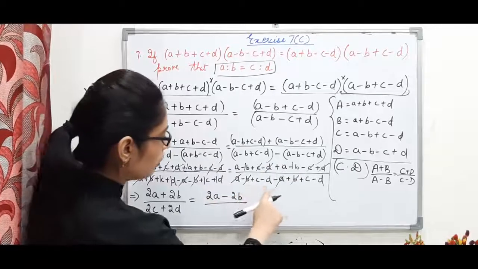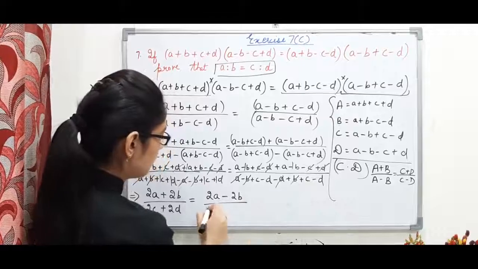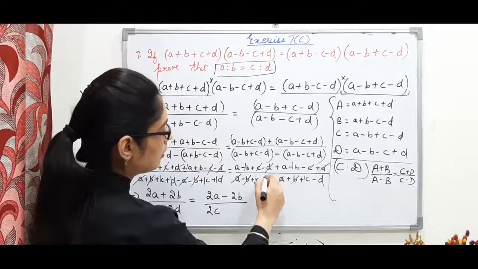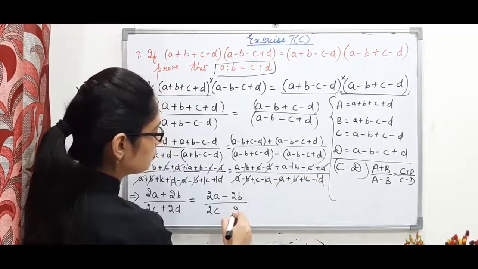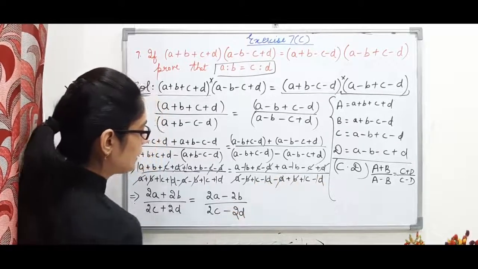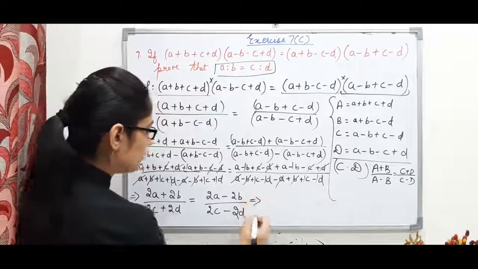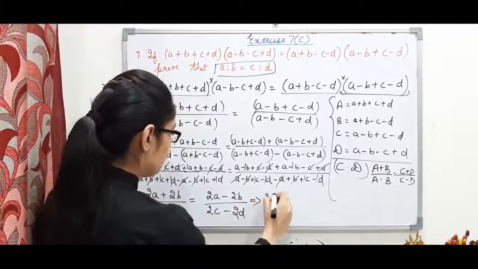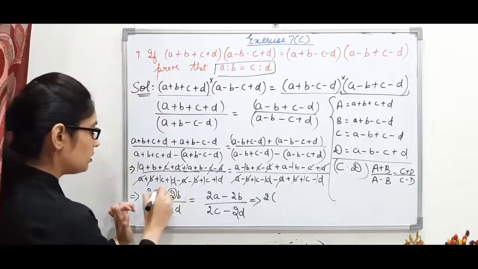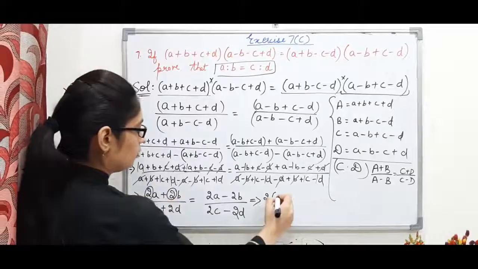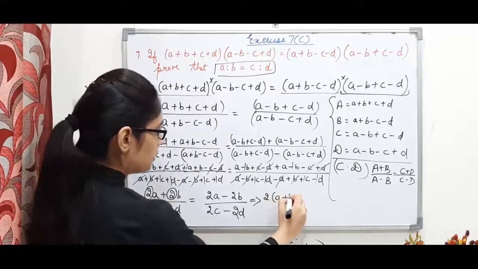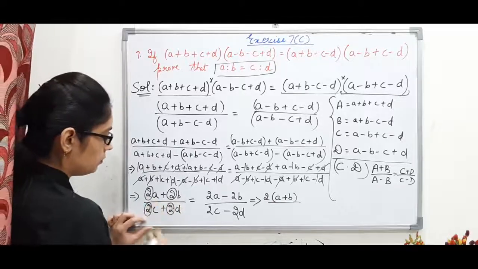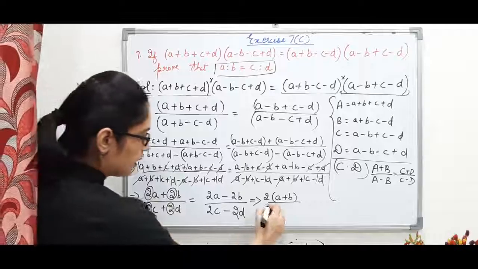This also we can solve. C plus c, it is 2c, because 1c plus 1c, minus d minus d. Minus minus plus, so 1 plus 1, 2, 2d, but with the minus sign. So let's solve it further. Now from these terms, see here also I can take 2 common. So if I take 2 common, because it is present in both, I will just write it outside. 2 into a plus b, c plus d, again 2 is common, 2 is there with both the terms, so I will write it outside.